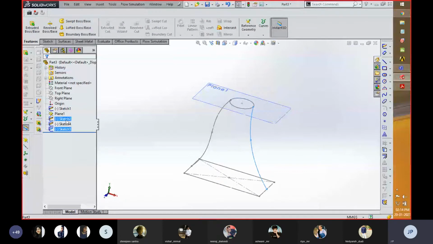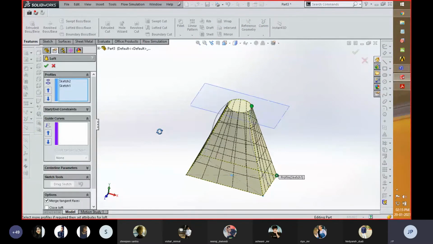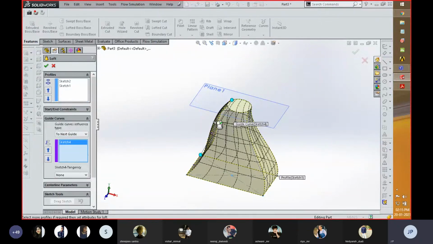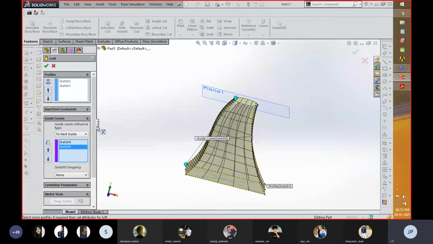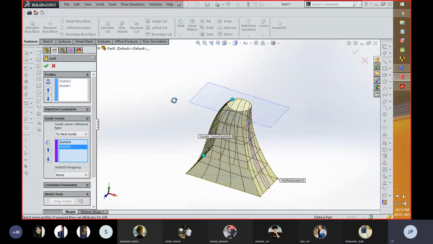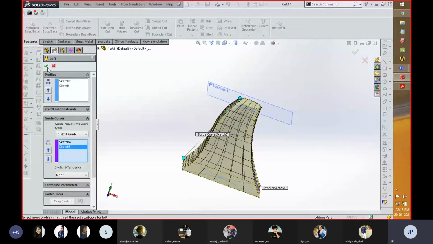Okay, now I am going to select this sketch toolbar, then click on lofted boss. Now I am going to start the side guide curves. So in that box, I am going to select these two profiles which I created. So over here you can see that whatever profiles I created, the paths which are different on both sides can be connected with the help of this guide curve.